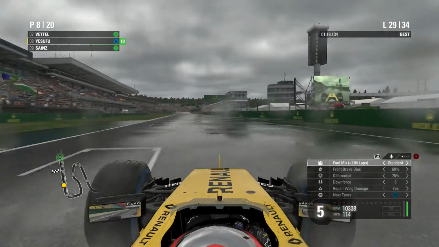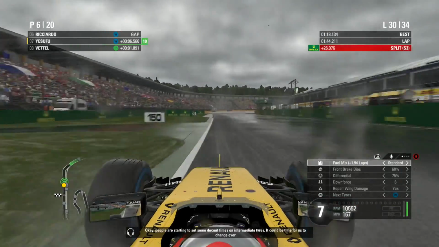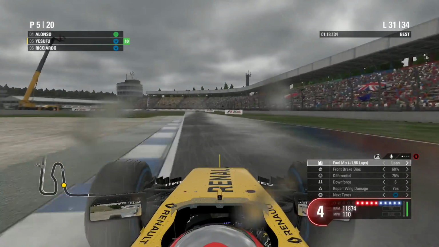Later on into the lap, you can see the amount of time that we actually managed to gain on Carlos Sainz, just cooling down the tyres a little bit. A lot of cars in the pit lane. We move up to P5 as Daniel Ricciardo goes in for full wets, but on to lap 31,